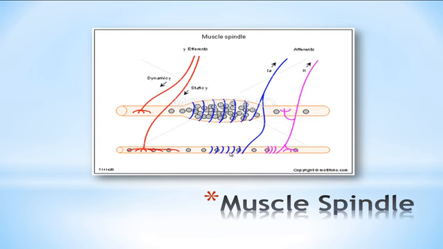As the tension within the muscle changes as we slowly stretch the muscle, the change in the position of these nuclei stimulates the 1A afferent and slowly increases the tone